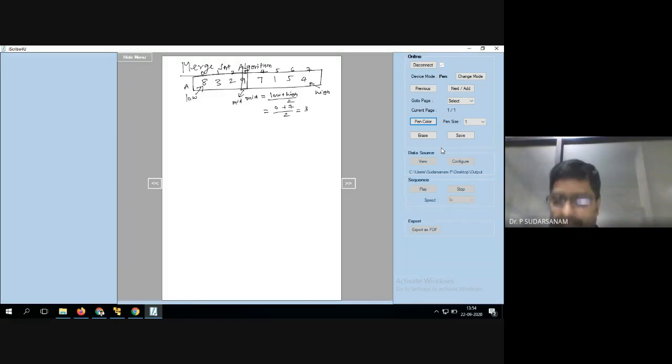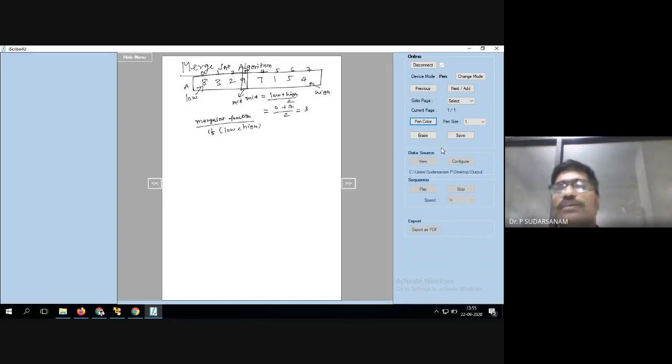Now I want to write the function called merge sort. So here you can see the low value and high value are there. Now you are finding the mid element. Up to the high value, as long as low is less than high, you can do the process. That is the condition: if low is less than high.